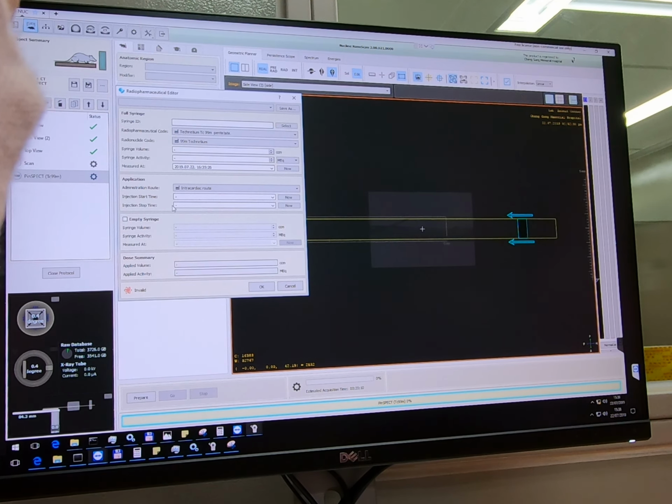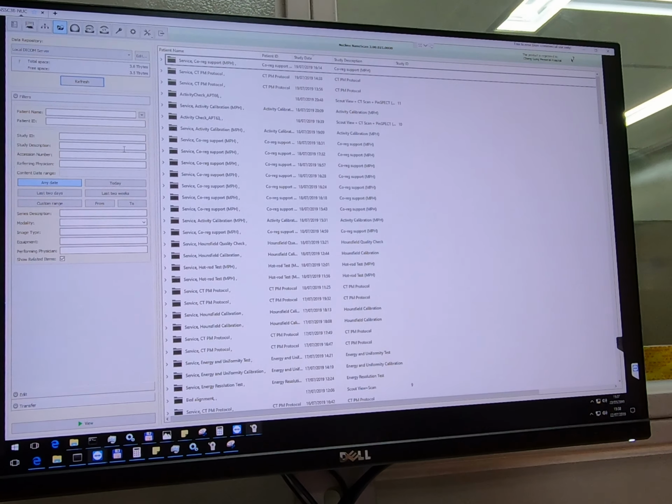Yeah, but I'm not sure it is stored in the raw data header. But we can check. Let's open any of them. And I'm learning because